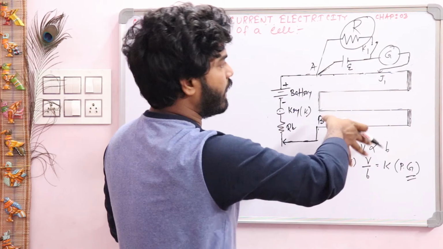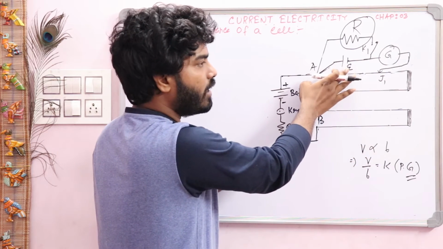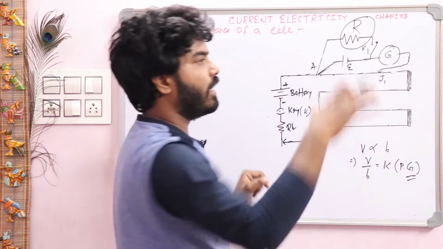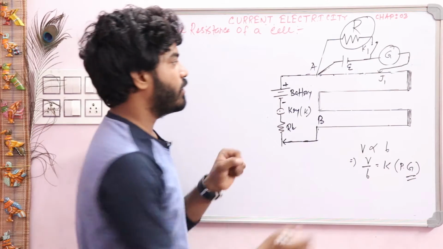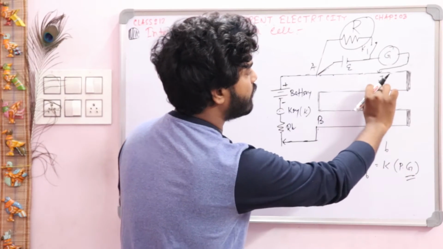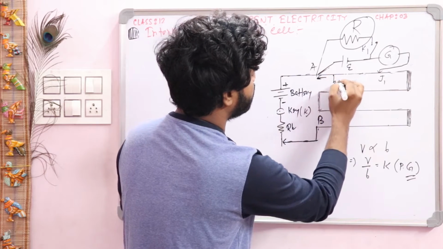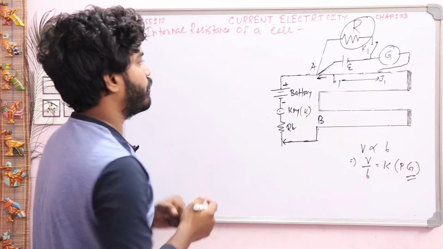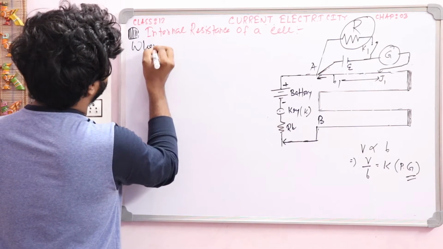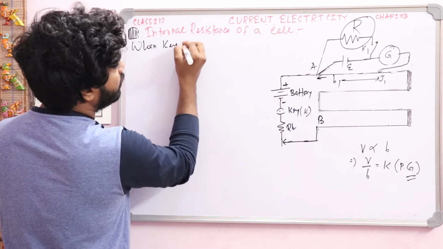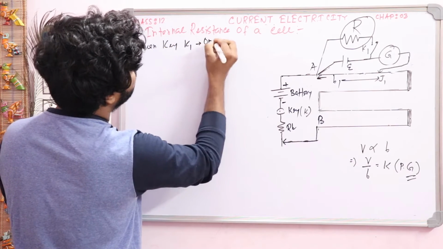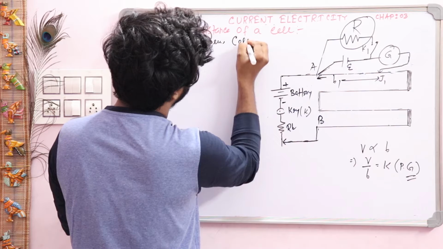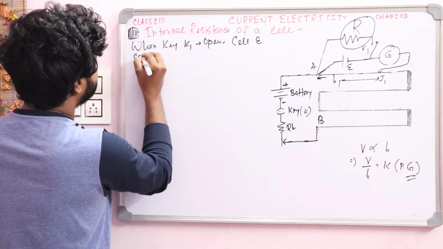For this case, cell E is connected through this circuit, and with the help of the jockey you find the null point. Suppose the null point is situated at point J1, and suppose this length A to J1 is L1. So write it down: when key K1 is open, then cell E is connected through this circuit,